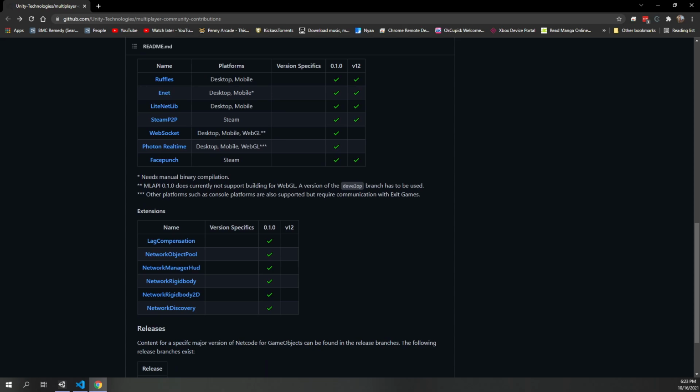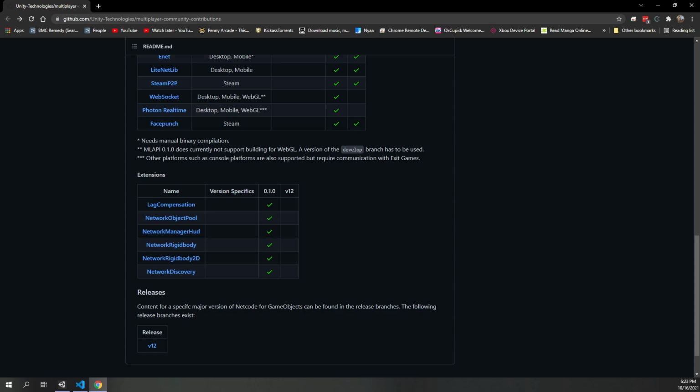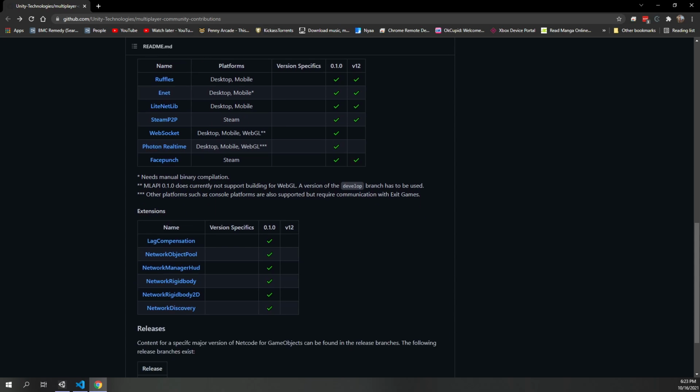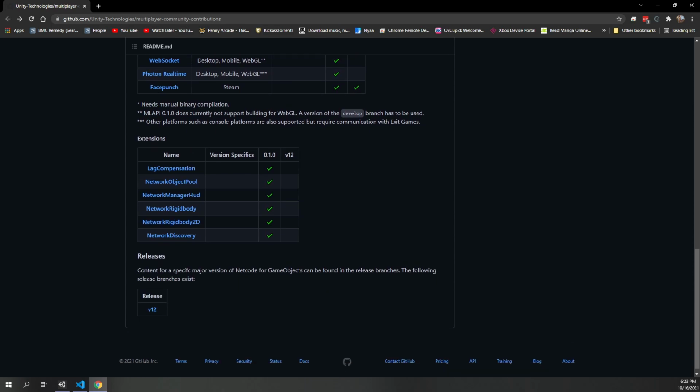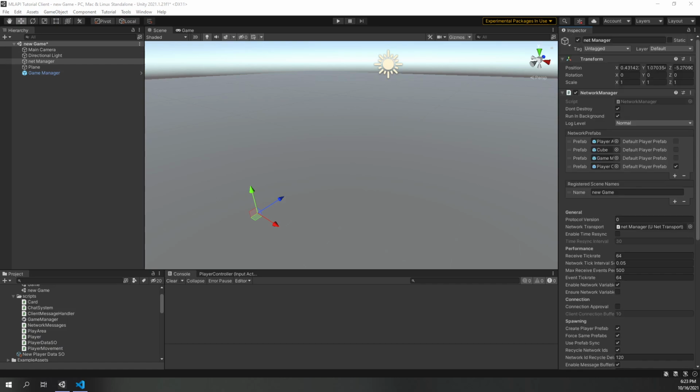And these are all community-made transport layers for MLAPI that you can use that have various other features, but that's for more advanced usage. I do want to look at that lag compensation. Anyways, so yeah,